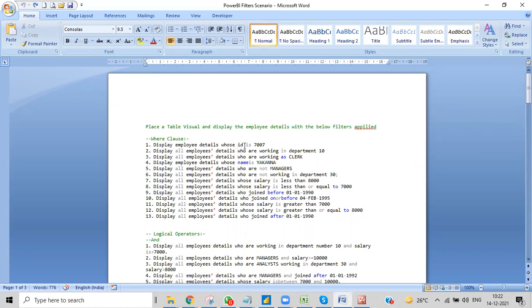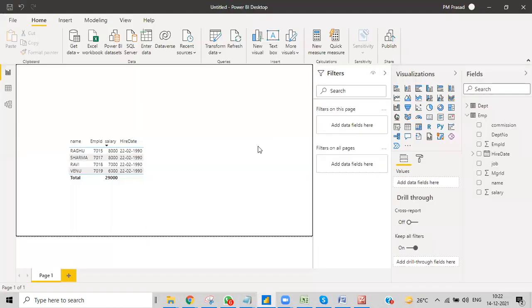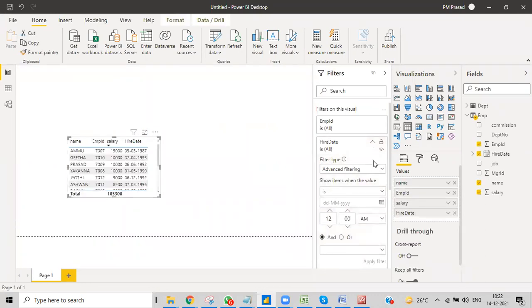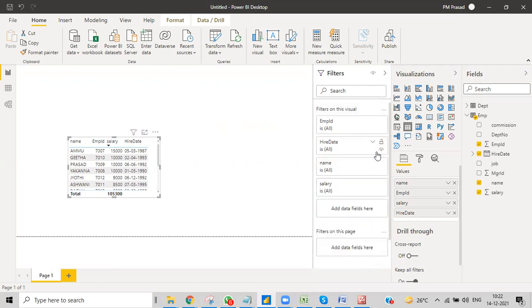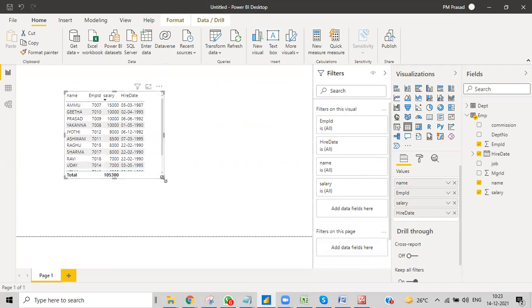Okay. So display employee details whose ID is 7007. I do have the employee ID here.